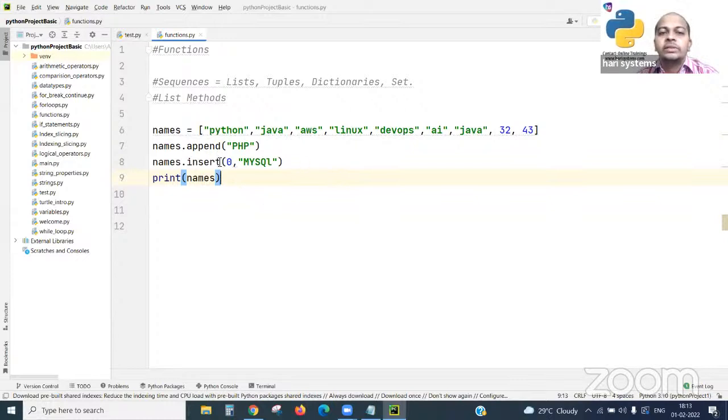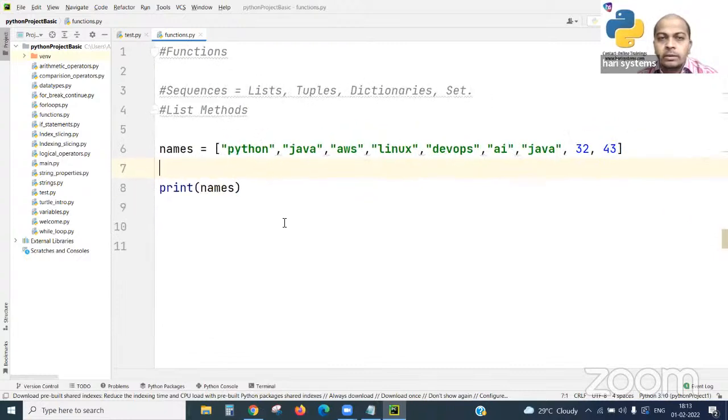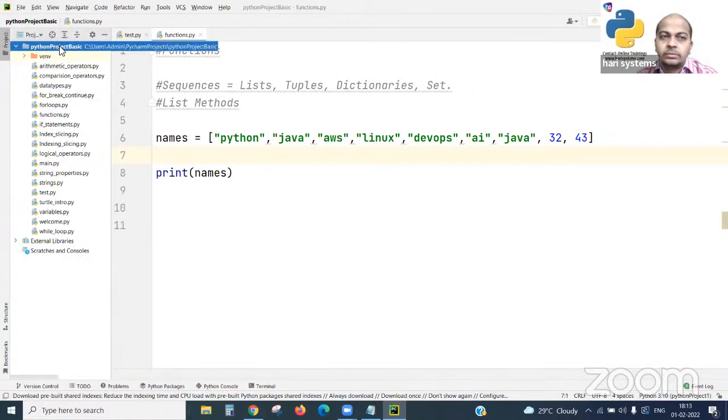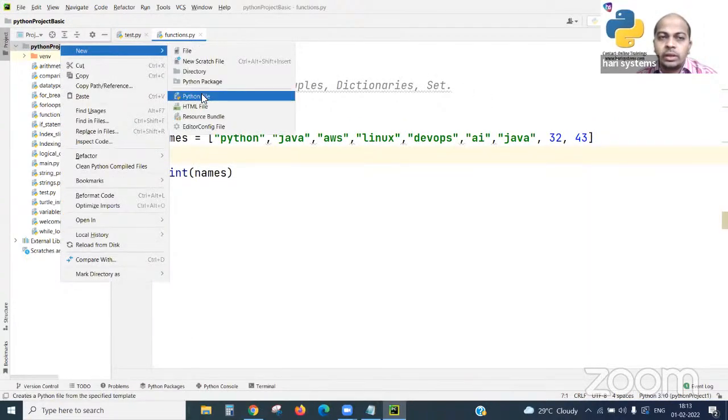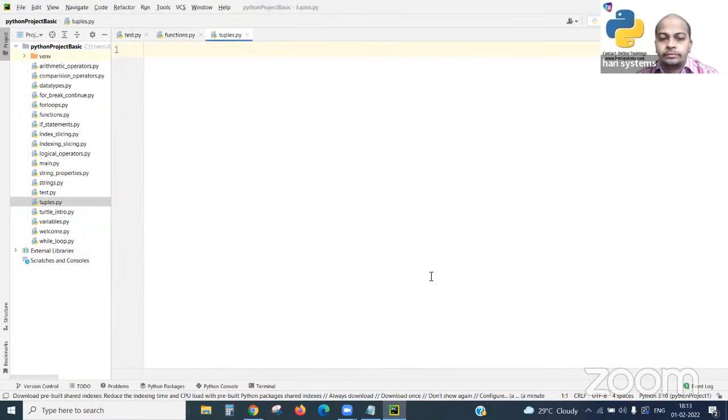Okay, so let's see here. Following yesterday's lecture, we are continuing with the tuples concept. Create a new file in Python, tuple.